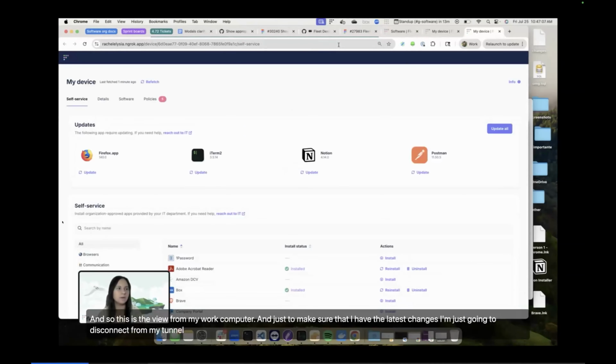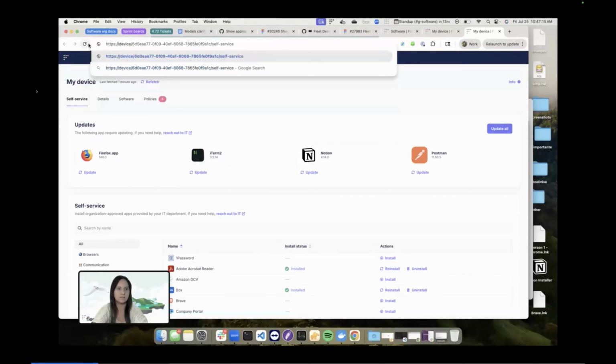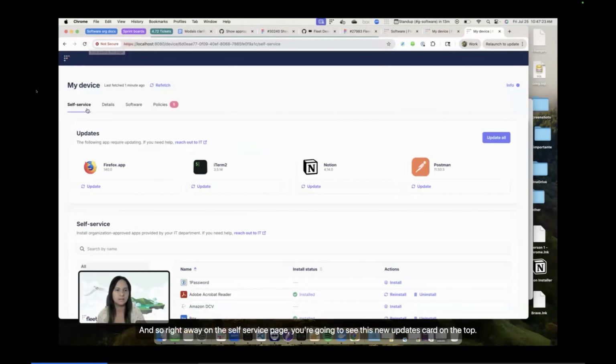And so this is the view from my work computer. And just to make sure that I have the latest changes, I'm just going to disconnect from my tunnel into my dev environment directly. So here we go. And so right away on the self-service page, you're going to see this new updates card